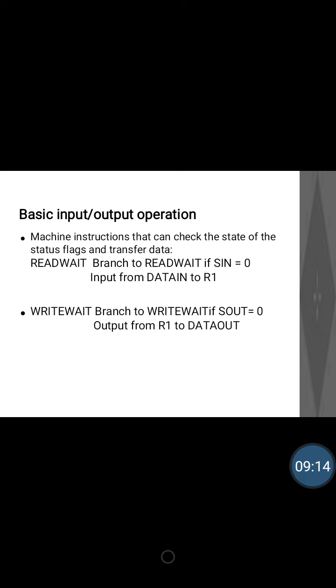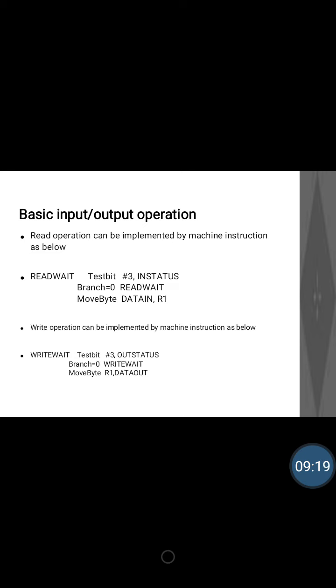That means these statements state the way in which read wait and write wait are done, and the same is depicted by using instructions. See, where will this SIN bit be? The SIN bit will be the third bit in the status register. We have two registers called in status register and out status register. So, the third bit of in status register is nothing but the SIN bit. As I told, the processor will be continuously checking the SIN bit. If SIN is 0, it will be waiting. If SIN is 1, it will take the data from data in, isn't it? That is why the same is written here.